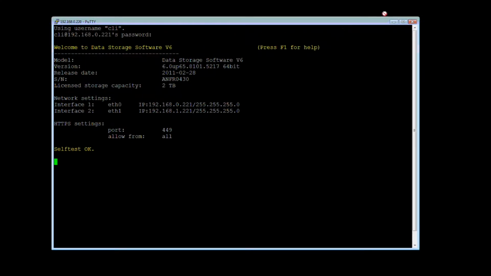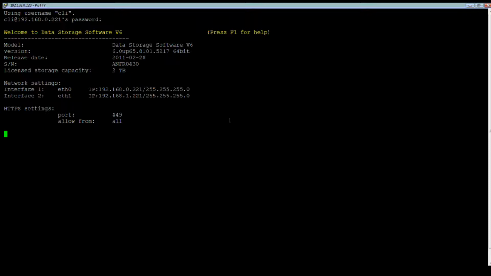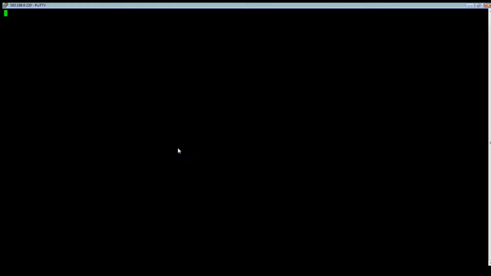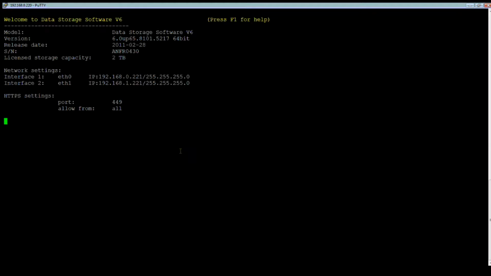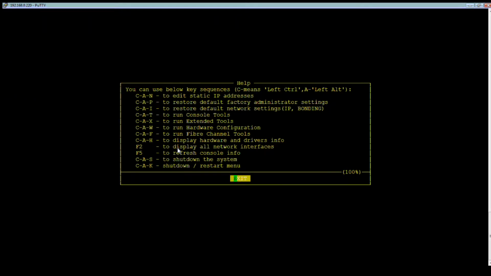Now, our default username is going to be CLI, and then of course the password we just set, 12345. You can change the password for any needs in any way you want. Let's blow this up so everybody can see it larger. There we go. Where I want to be, if I wanted to delete this volume group, is Control-Alt-X, which means